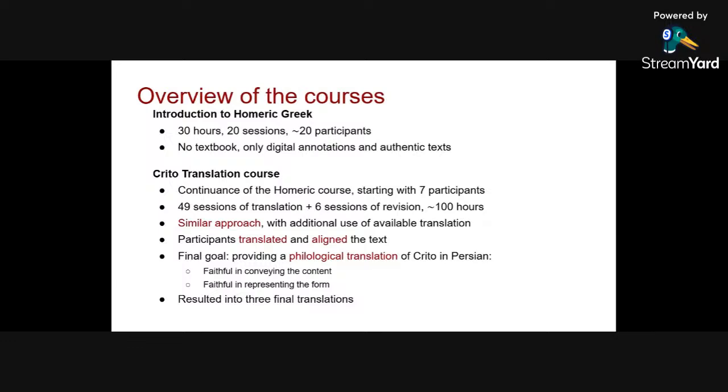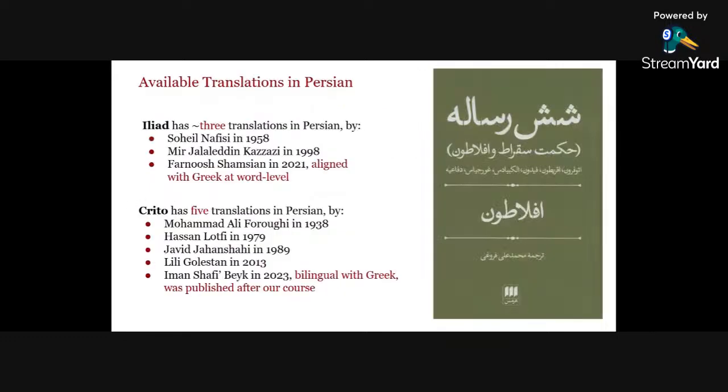It was to provide a philological translation of Crito in Persian, meaning a translation that would be very faithful in representing both the form and the content of the original Greek. But actually, it resulted in 3 final translations instead of 1, because there were interesting variations that we wanted to keep. But, I think